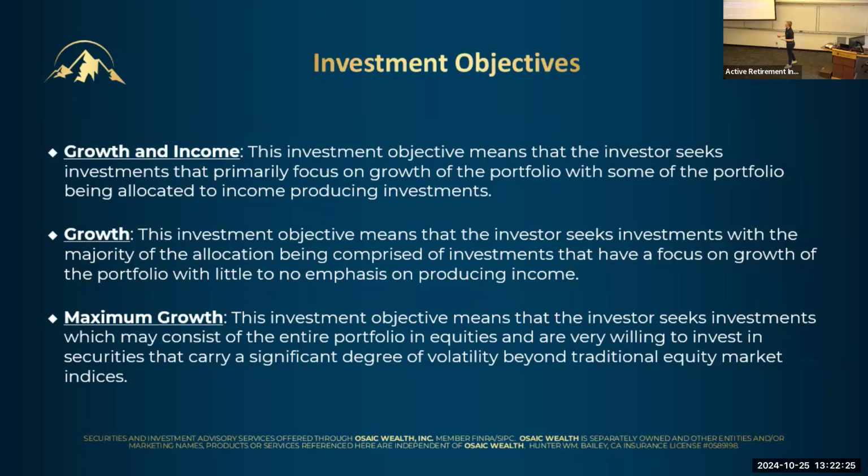So maximum growth is where we start to get really fun. That's my investor profile, basically. I got tons of time. I'm ready to feel the volatility. Even if it doesn't work out for a while, I just keep dollar cost averaging, get in there, let it grow. So this investment objective means that the investor seeks investments which may consist of the entire portfolio in equities